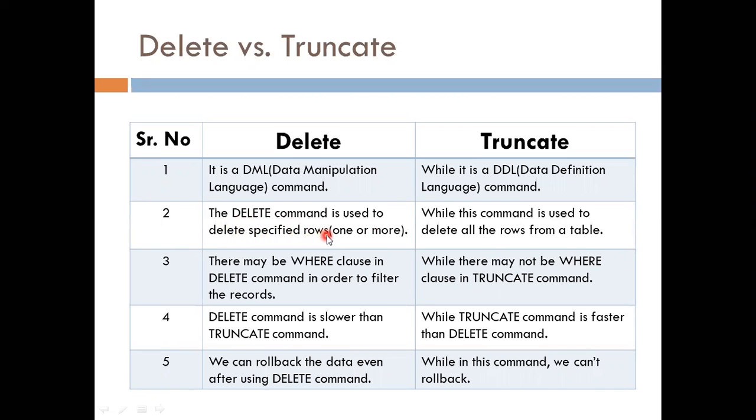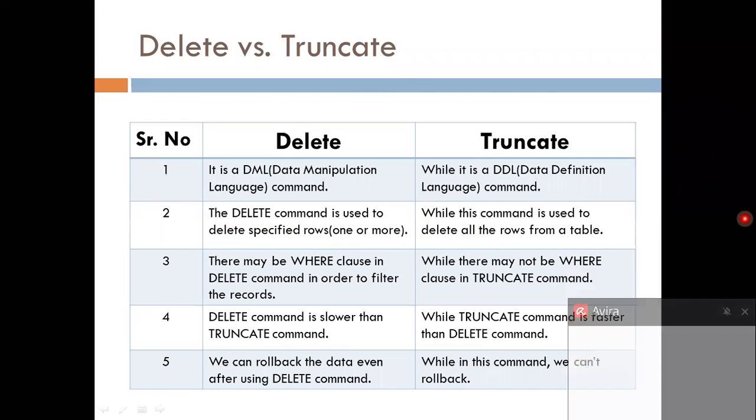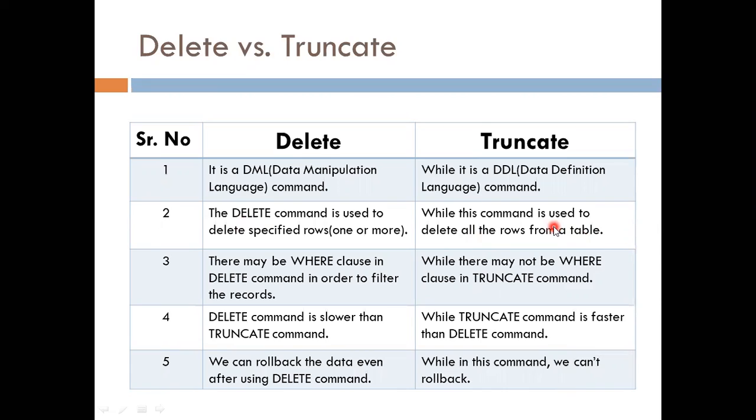We can delete all the rows using the delete command, as well as specific rows, one or more rows, with the condition. While in the case of truncate, we compulsorily have to delete all the rows from the table. So whenever we use the truncate command, all the rows from the table are deleted.